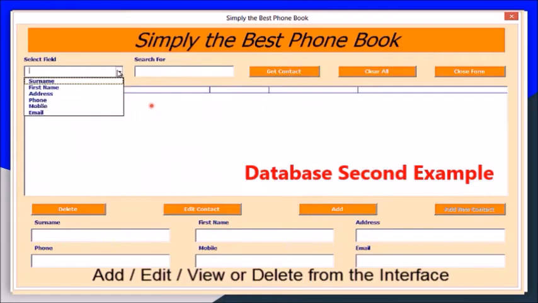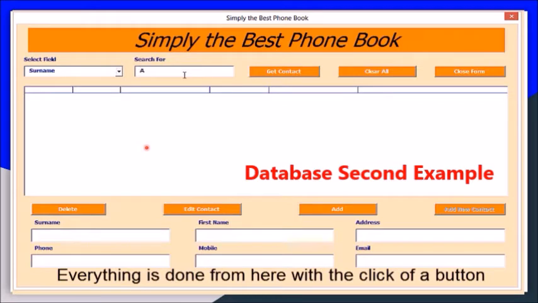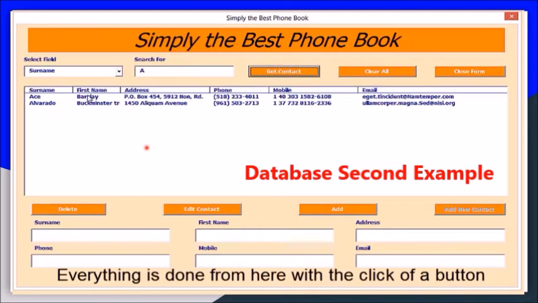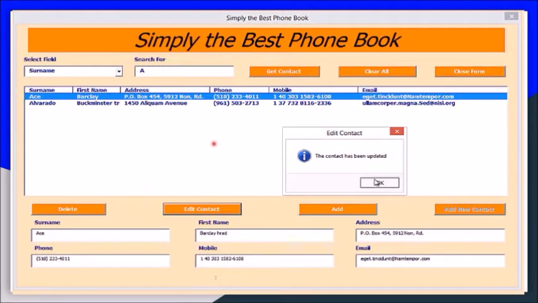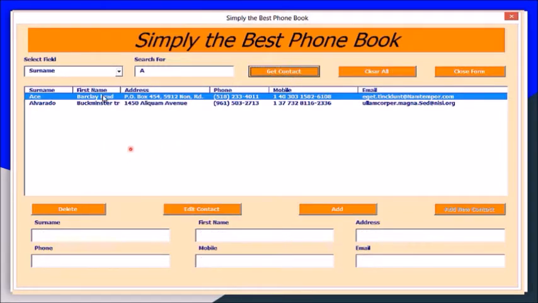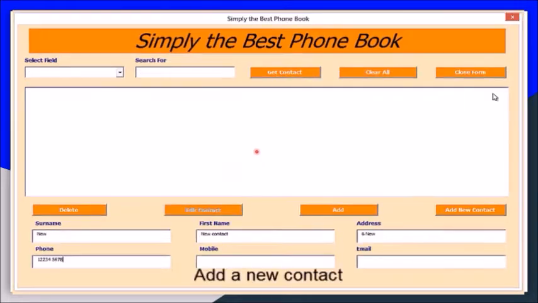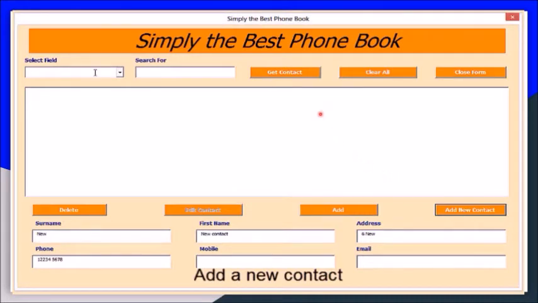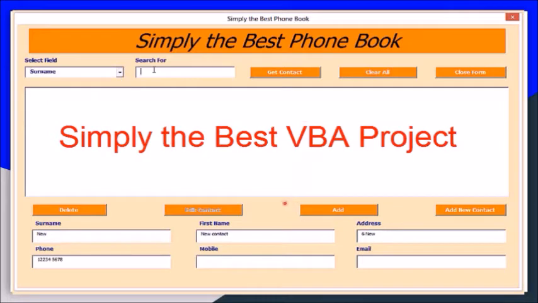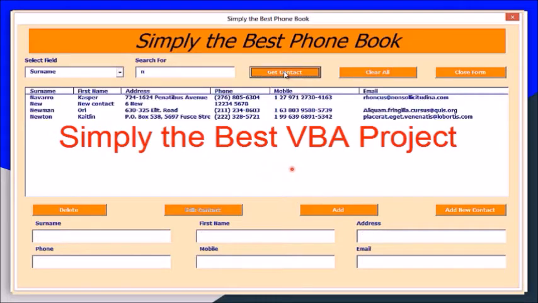We can display all the contact numbers together. Then we can search the records alphabetically as I showed previously. Then next is we can delete the record. If you want to delete any record, we can delete it. We can edit from the phone list, whereas we can update. So all these features are available in the database management system. So this is the best example of a phone book, where we can get all the things done in one click.